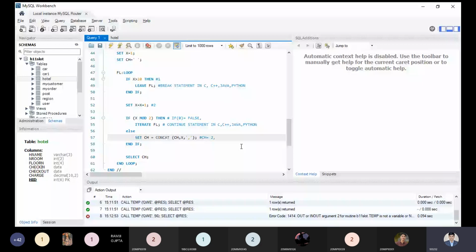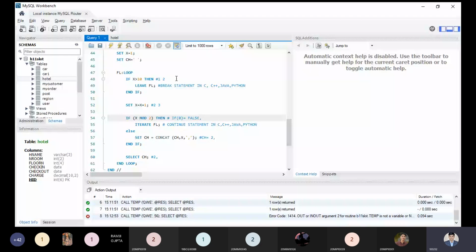And now again go back to the loop. Again check: 2 is greater than 10? Condition is false, so the loop will not break. Now x will be 3. Now from this point, what happened? 3 mod 2, so we will get 1. So what will happen?